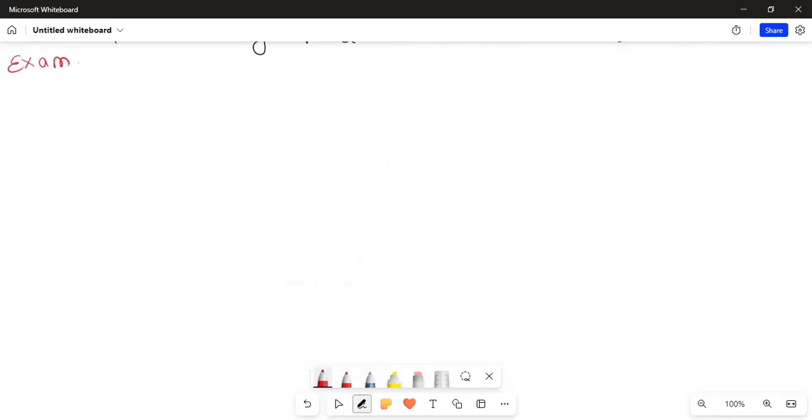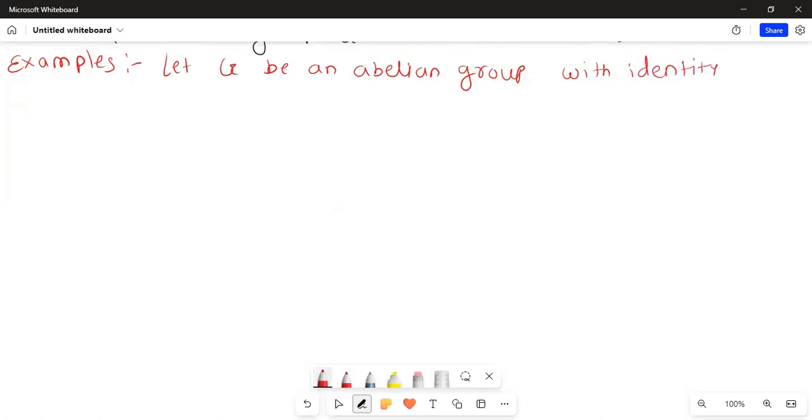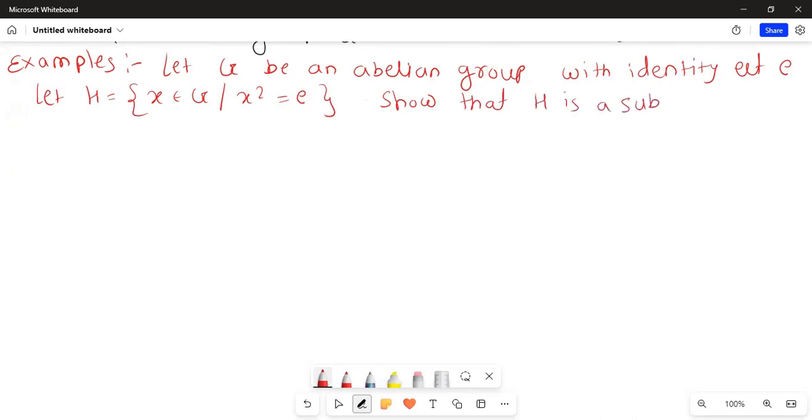Examples. Let G be an abelian group with identity element E. Let H equals X belongs to G such that X square equals E. Then show that H is a subgroup of G. सॉल्यूशन देखो,